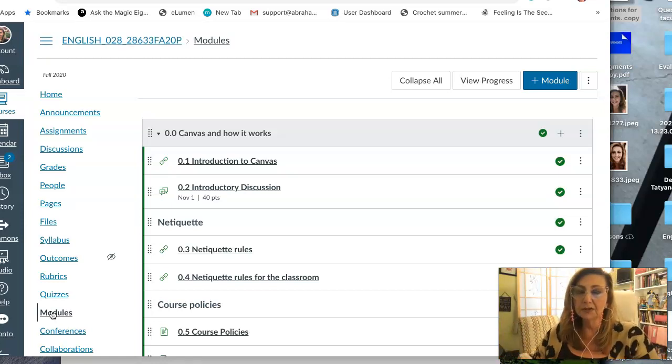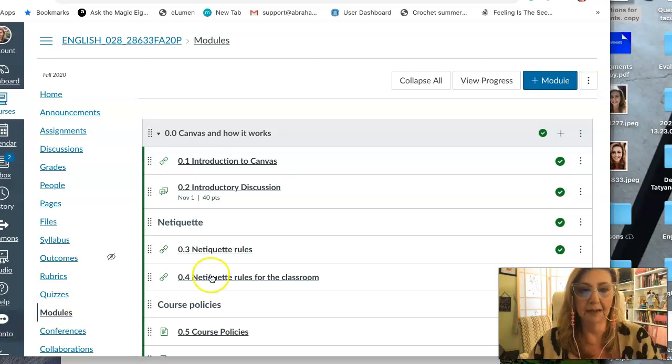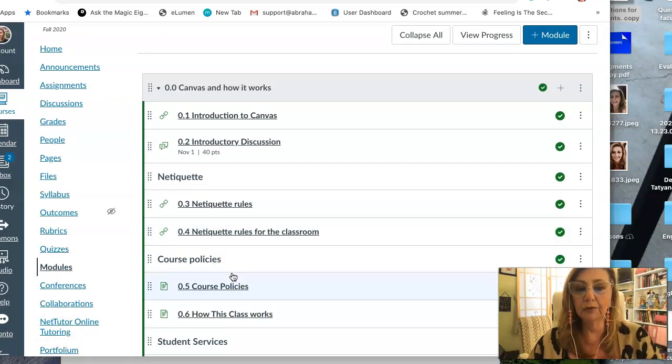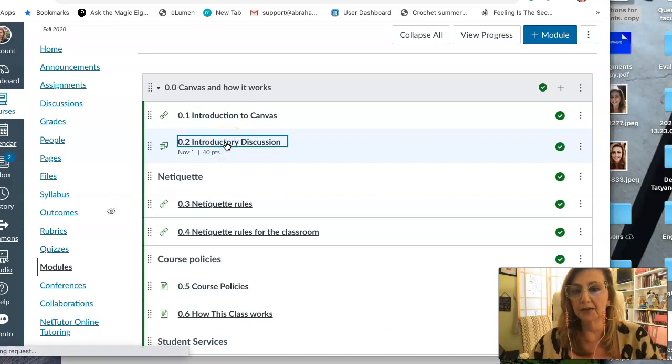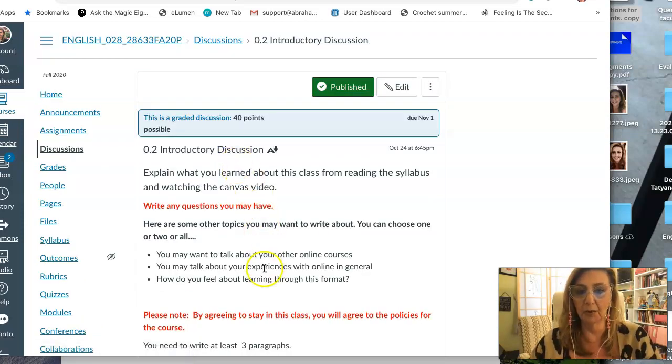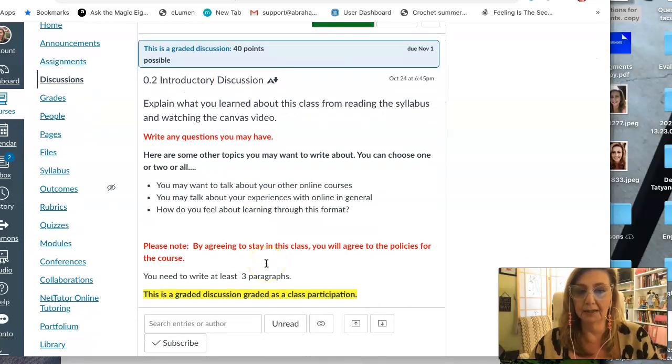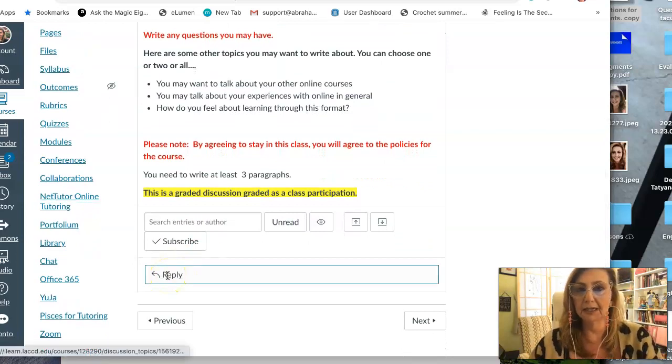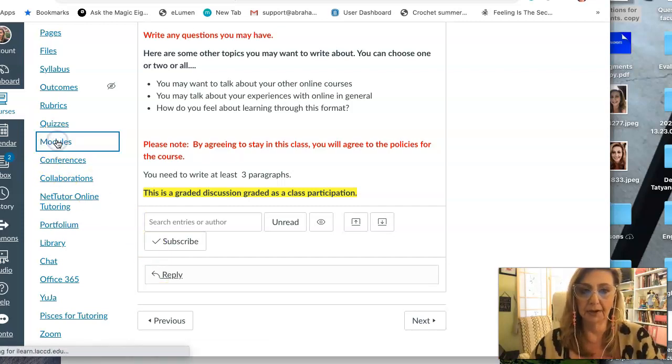Now, some of the modules, since they're lessons, you have the pages to the readings on them, and I'm going to give you an example in a few minutes. But if I have work for you to do, like a discussion and the points and the due dates, you have to do the discussion. So if you have a discussion like this, there's some questions, and there is information for you, and all you do is you click on the reply button for a discussion and you write your answers. So that's how the discussions work.